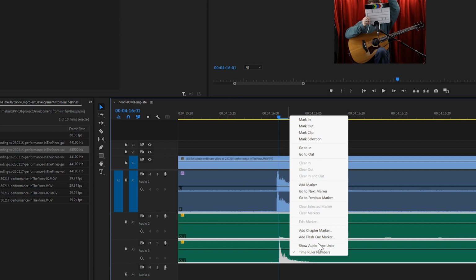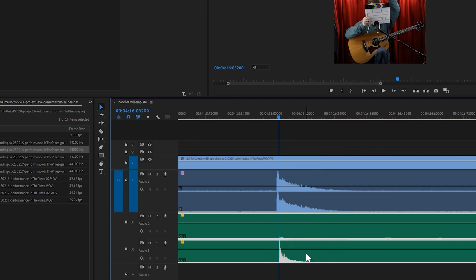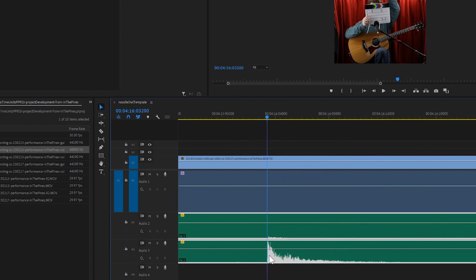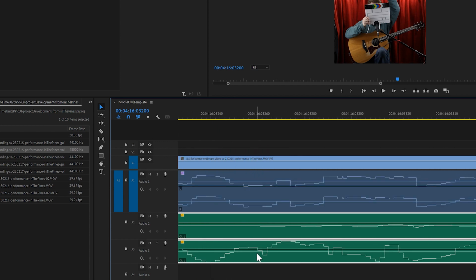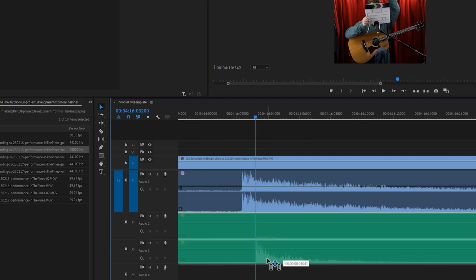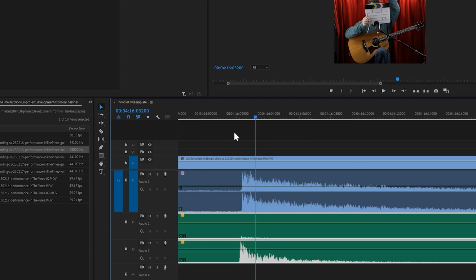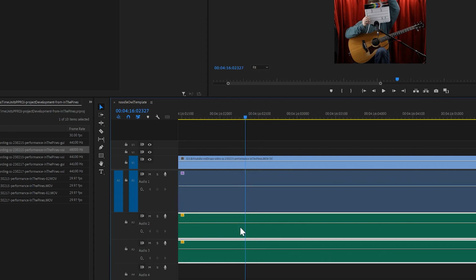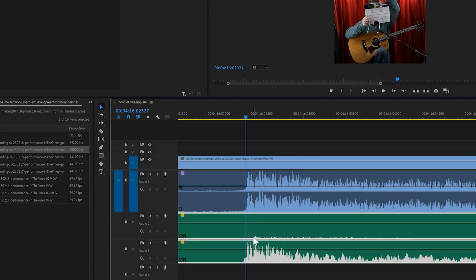If we right-click, Control-click on Mac, on our units, we can turn on Show Audio Time Units. Now, we can zoom in even as far as our sample rates if we desire. This not only changes the units we view, but it also allows us to do an even more granular edit with our audio. So, we can zoom in on the video to the exact point of contact with the slate,